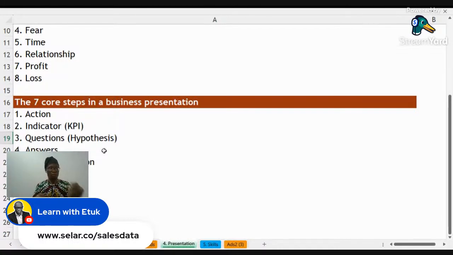You begin to ask yourself why. Because most times, what I've seen people do is they ask the question what, so they just submit what, and they don't ask why. For example, the conversion rate for this particular sales data is 44.4. That is what happened. The question there will now be, why is it 44.4? Why is it lower than 50? Are we together? Then the answer, which is number 4: instead of 44.4, can we increase it to 81.8? If yes, how? Are we together? Then the recommendation is, now you list the basic steps, then you give room for discussion, and then conclusion.